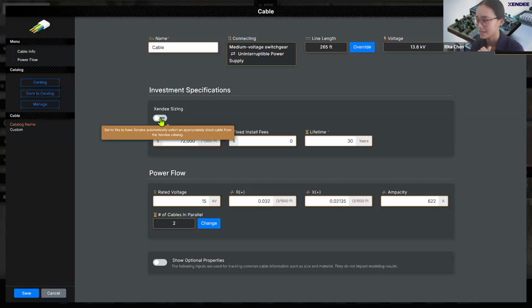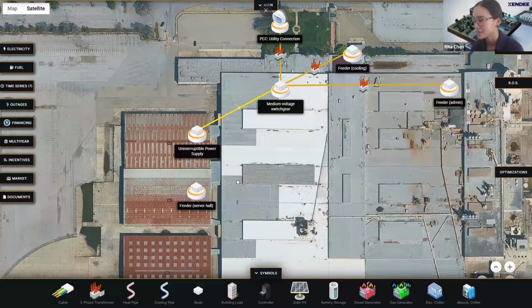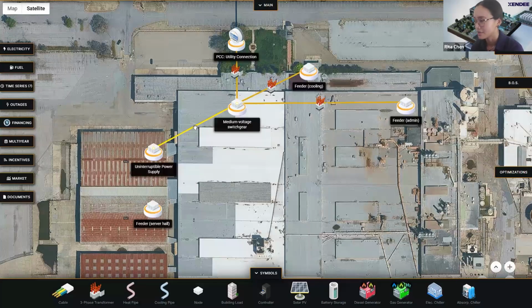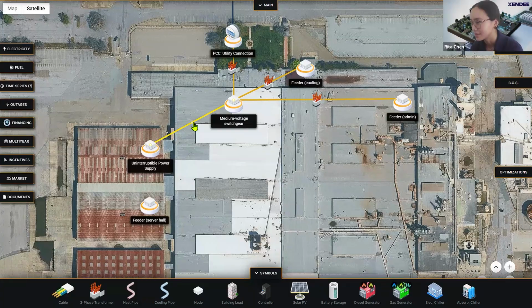If you select this, Xendee will pick a cable for you from our catalog with respect to both your optimization objective as well as your power flow constraints. But for this one, I've inputted my own specs, and I'm going to click save. Now you'll see on the map we have a cable connection. What's special about the cable is that you can actually drag the little